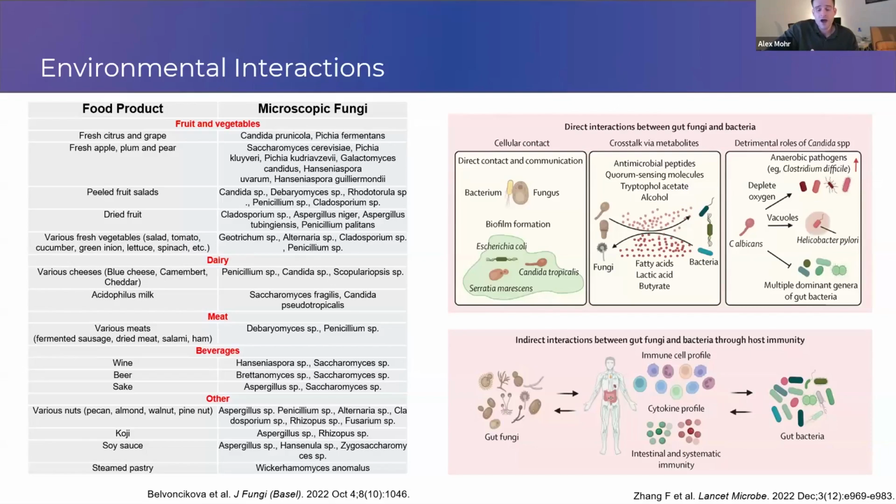We can see here a lot of foodborne fungi can be found in numerous food products like vegetables, fruit. Fermented dairy does have it. Meat, as I was saying, has it, as well as fermented beverages. And these can come into the microbiome and interact in deleterious ways, including biofilm formation. They can produce different types of antimicrobial metabolites, as well as quorum-sensing molecules, and also alter some very important substrate,